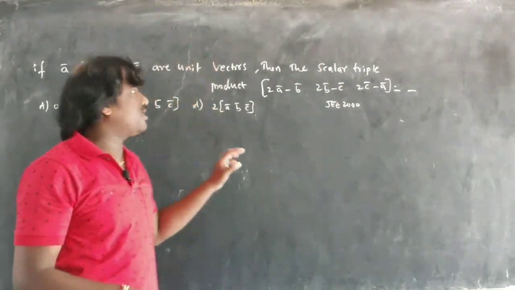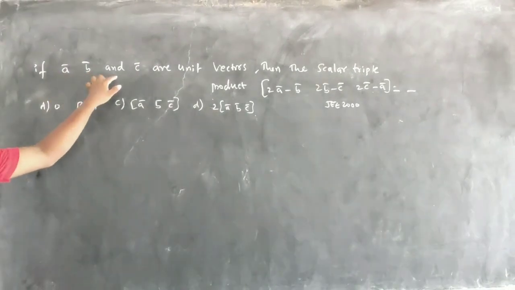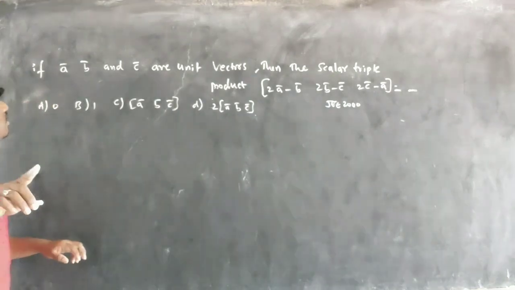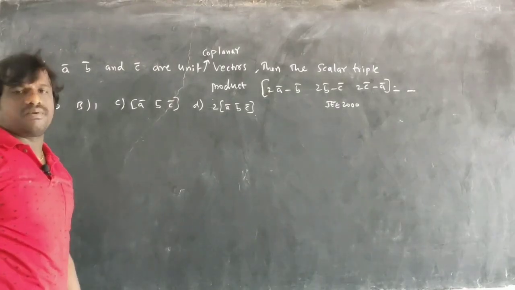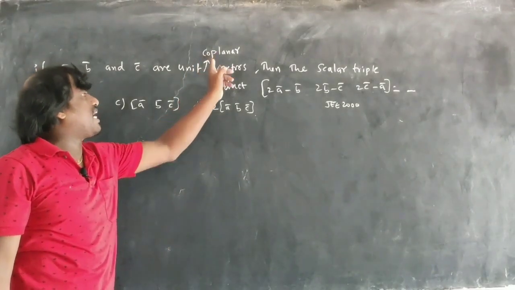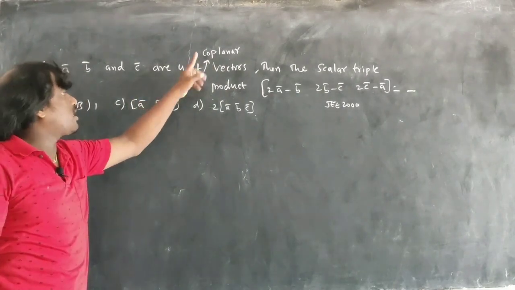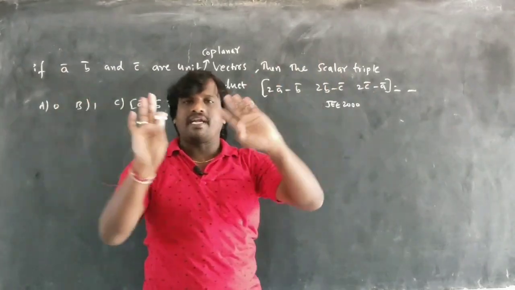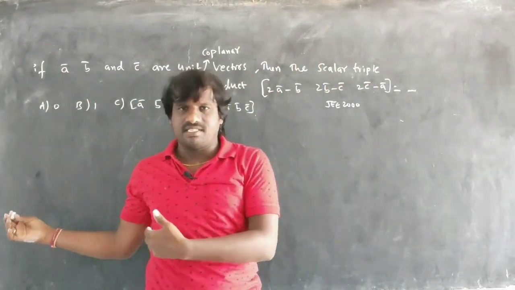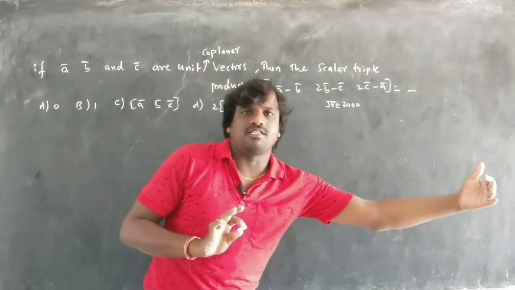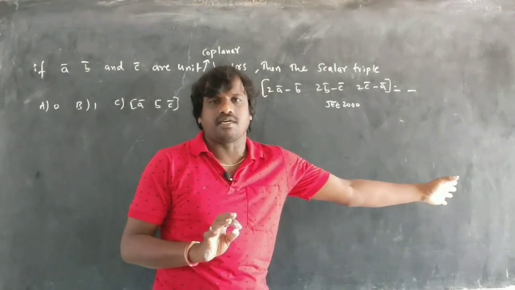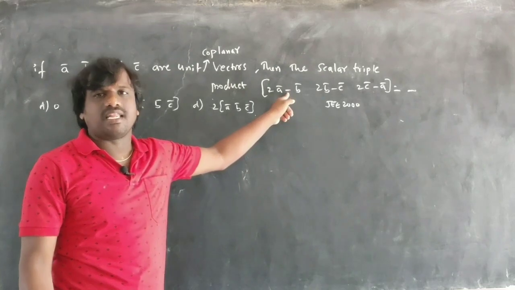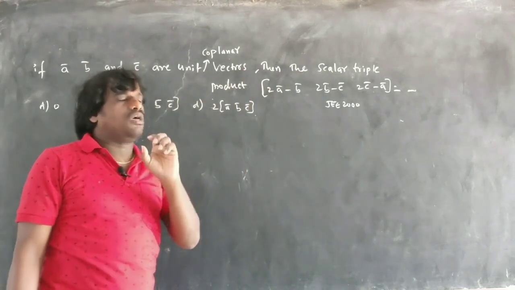The reason is, the question simply says A, B, C are unit vectors, then the scalar triple product. I think the question is missing something, that is unit coplanar vectors. When they give unit coplanar vectors, there is no need to separate and solve. Like I separated the previous question into 8 boxes, as it is an important result I told you. You can do this problem the same way, but it is very lengthy. So actually you have to use some logic here.